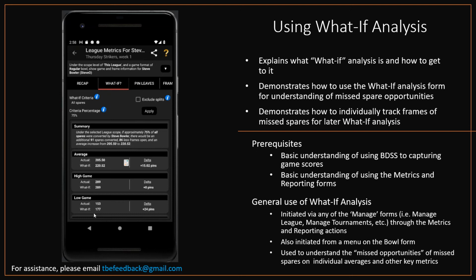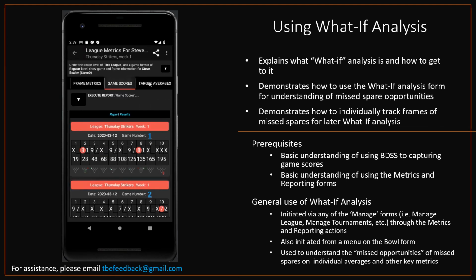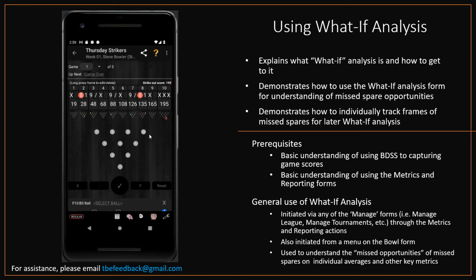Now let me show you what it means to apply what-if analysis on tracked spares. So let's go to the Game Scores tab. And you can see on Game 1, Frame 2, it's an open frame. So let's click Game 1 to take us to the bowl form for this frame. On Frame 2, long press to bring up a menu of options, and you'll see an option for Track for What-If Analysis. Click that,